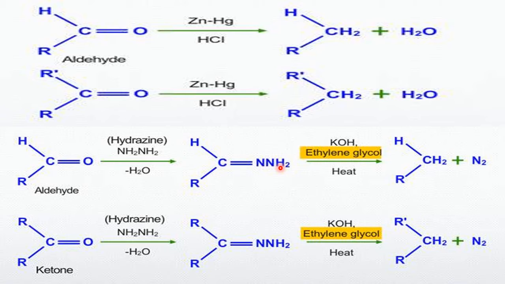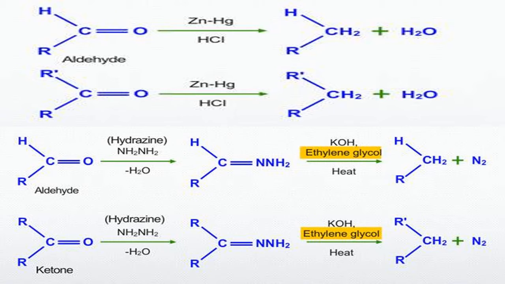So in this way, our aim in this reaction is to convert C double bond O into CH2. That means carbonyl compounds are converting into what? Hydrocarbons. Okay, and this is the research work of two famous scientists. One is Clemmensen, the other one is Wolff Kishner. These two have done this research work. So accordingly, their names are kept. If it is the zinc mercury HCl combination, it is the work of what?